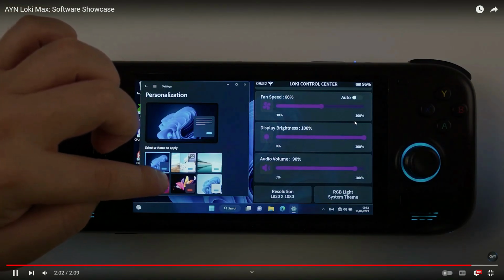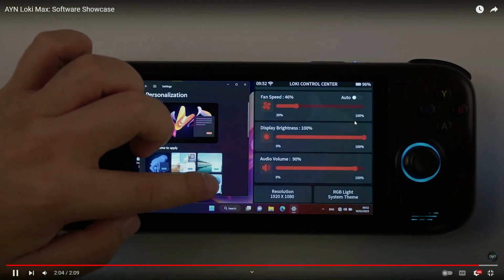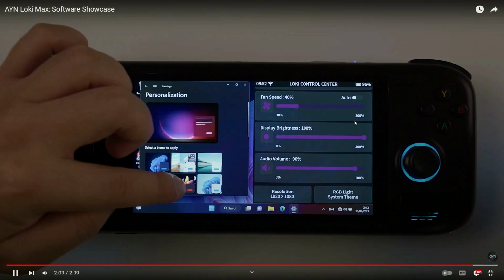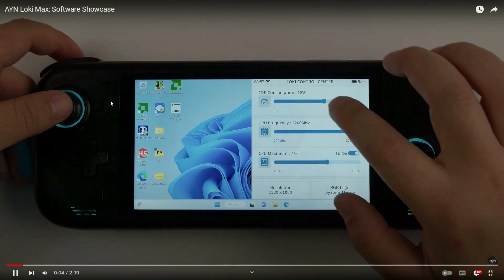Okay, there could be more, like I say, an option to save profiles and then possibly allocate games to those profiles. That would be really good. It shouldn't be too difficult to bake in. So I think what they've done so far is really good. We have a control center that allows us to bake in settings. Fantastic. What we don't have is a way to save those profiles,